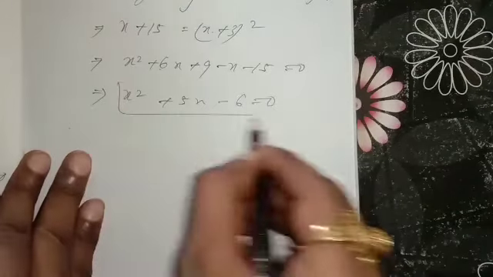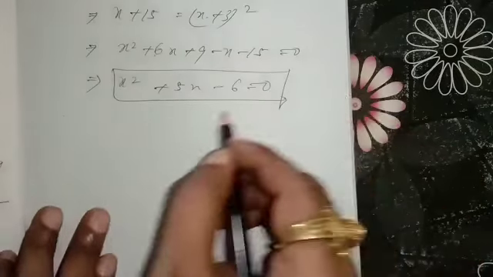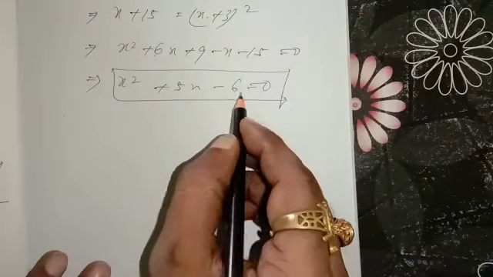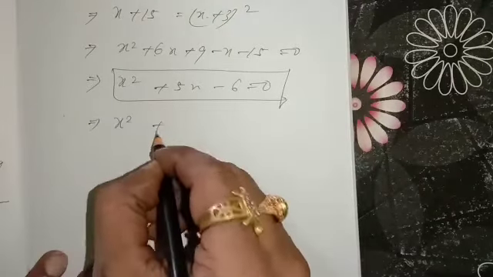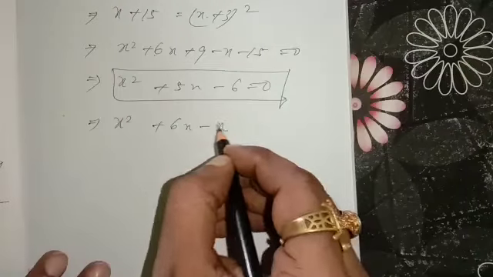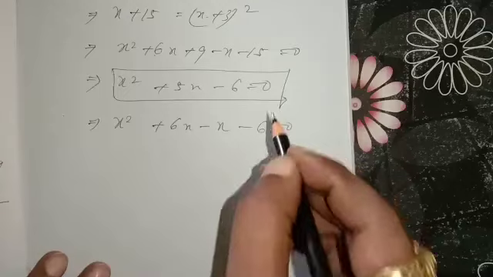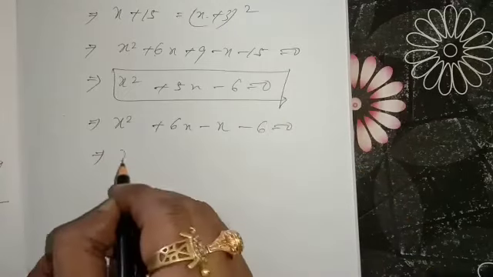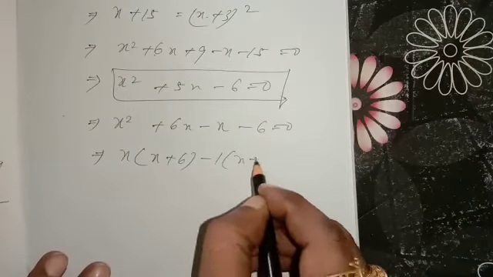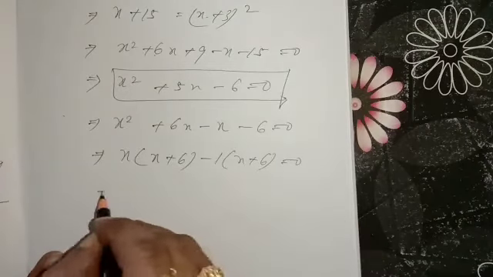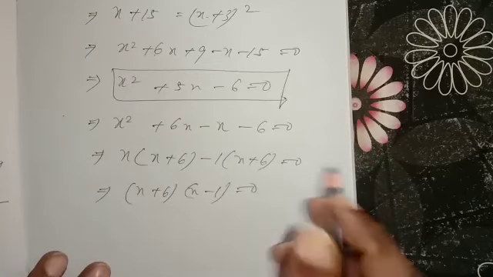Now this is the standard form of a quadratic equation. From here you have to solve this equation by the factorization method. Multiplication minus 6, addition plus 5. What are the numbers? The numbers will be plus 6x minus x. Then it will be plus 5 and multiplication will be minus 6 equal to 0. From the first two terms I will take x common, left x plus 6. From the last two you have to take minus common, that is x plus 6 equal to 0. Finally x plus 6 whole into x minus 1 is equal to 0.